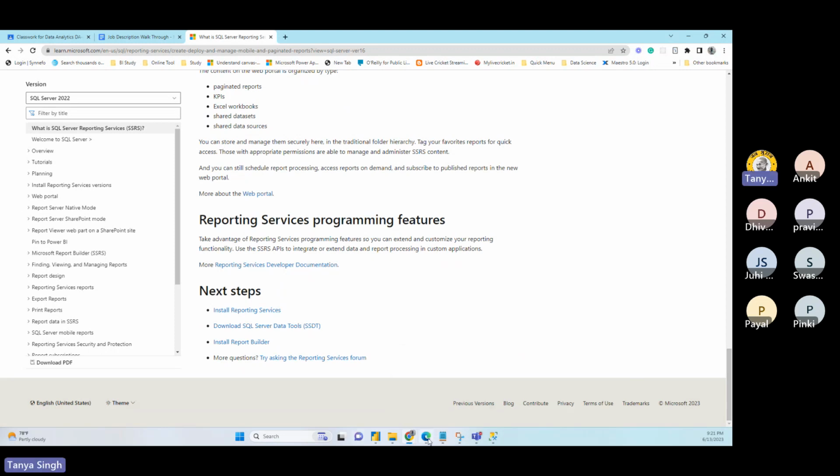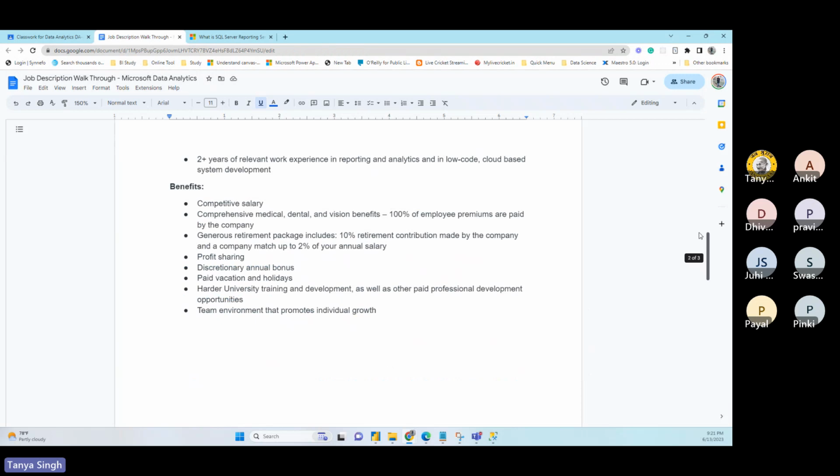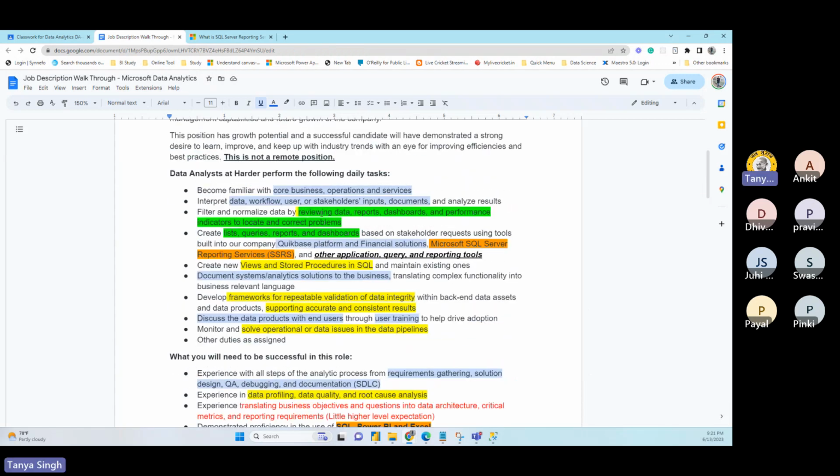So let's go back to the other part on that. Here they are talking about once you understand the data, then you need to build reports in the form of the table, in terms of the dashboards that we saw here, and then the performance indicator, that's the KPI I talked about. The KPI, the key performance indicator, will give you the traffic light, green, red, and yellow kind of signal.